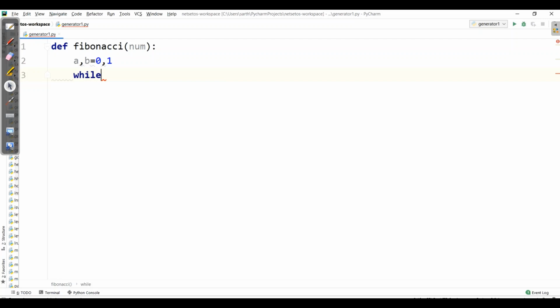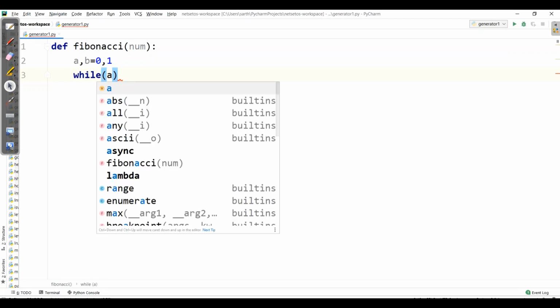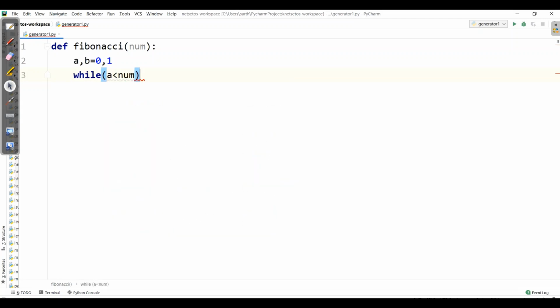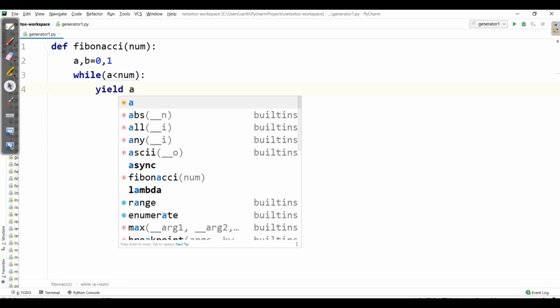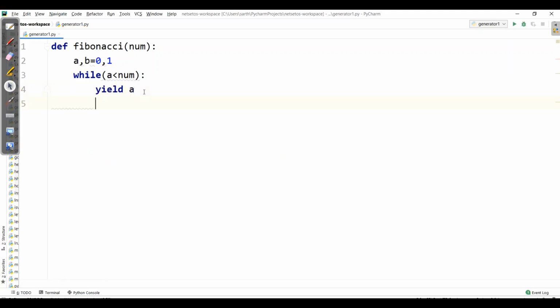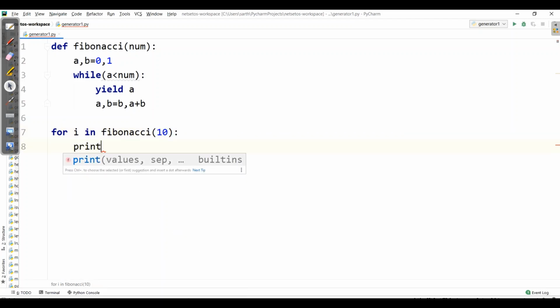Then I'll give a while condition: a should be less than num, and here it will yield a. And then a will be b and the b value will be a plus b. Then I'll call the loop for i in Fibonacci. This time we will take 10 and we will print i.